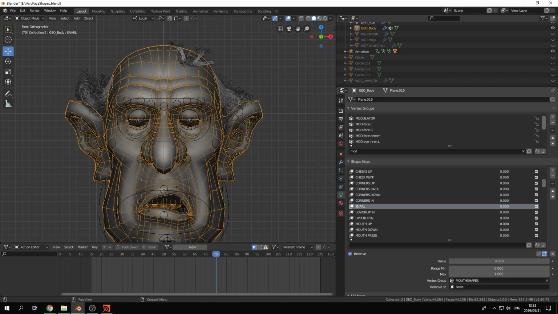Then I have ones that move the mouth up and down, which are just for fun. And then I have one that just squashes the lips together, but the way I set it up doesn't really work well, so I didn't use it. Okay. I'll talk about fixed shapes later. But from that,